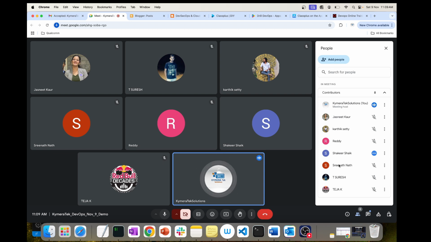Again, EKS is not running on air. It runs on EC2 machines only. In the backend there will be node groups, managed node groups. We have a couple of types, so those machines will be there. On top of that, we have the Kubernetes plane. On top of that, we deploy our application. So at the end of the day, the core thing in the backend is the EC2 machine only. It is all Linux machines, and on top of that you are running these applications. Okay, got it.